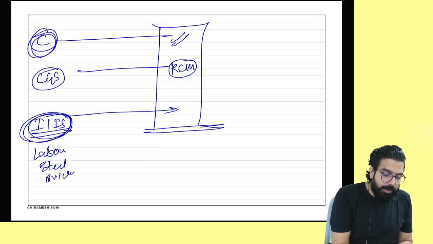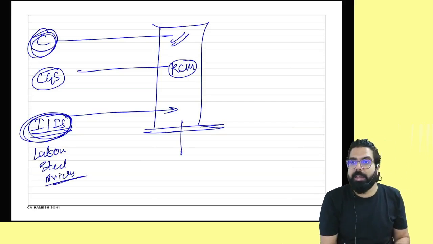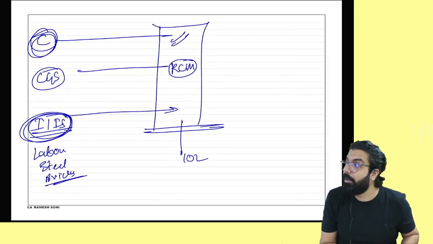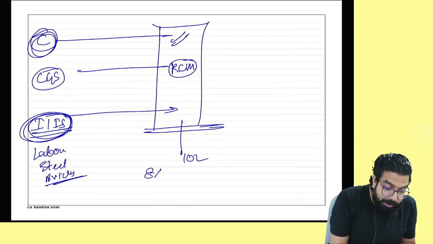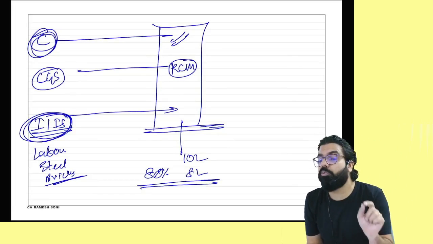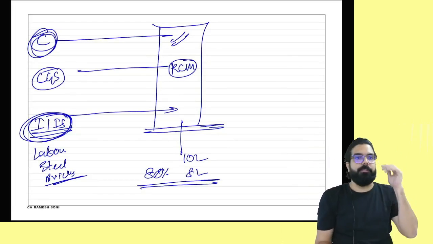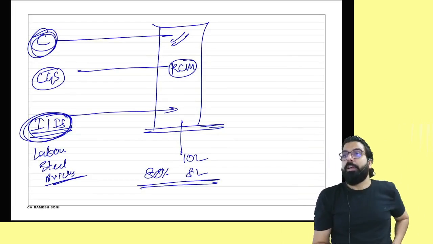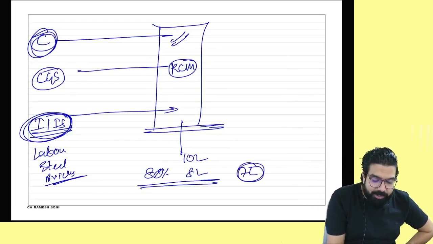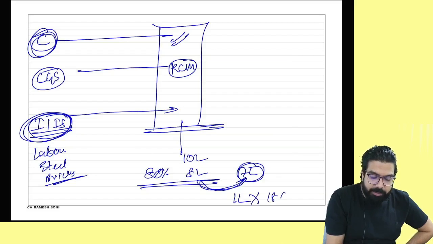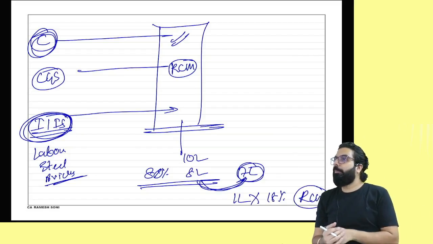Remember, supposing to make the building he has spent 10 lakh rupees. How much has he spent? 10 lakh. At least 80% of the items he should buy from a registered person. It means at least 8 lakh of items should be bought from whom? Registered person. Supposing he has bought only 7 lakh of items from a registered person. What is the difference? 1 lakh. On 1 lakh, 18% GST is to be paid under RCM by the promoter. Is my point clear to all?